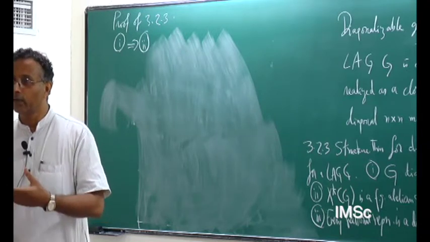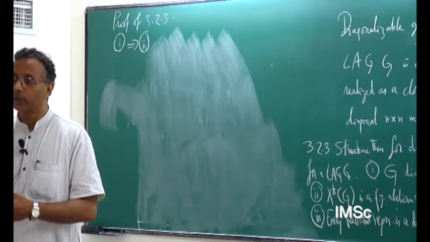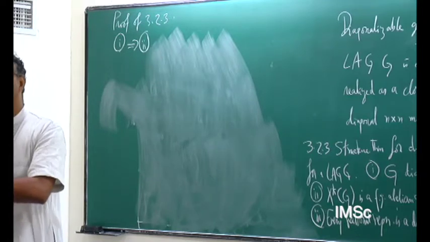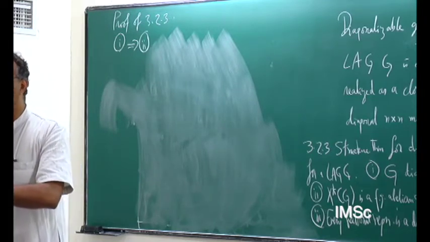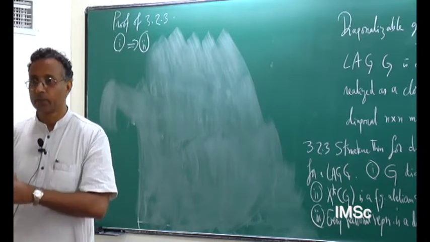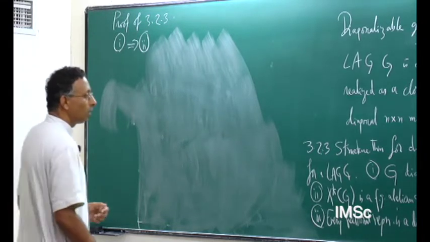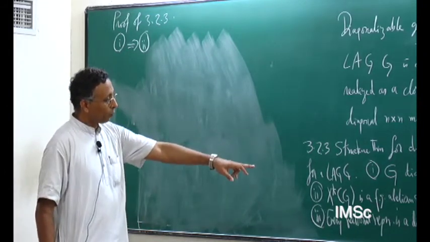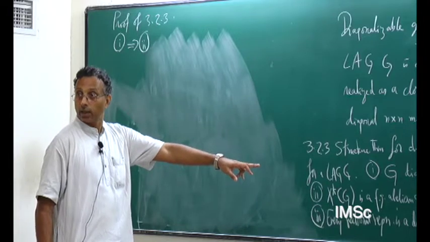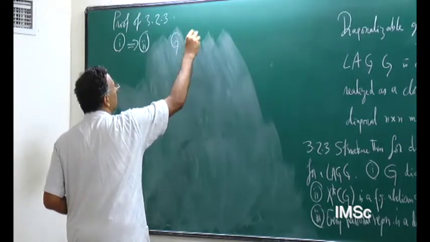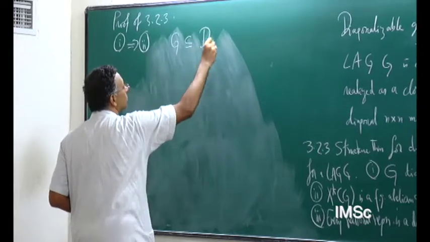Okay, at the end of the day you will have reached some point, and if you specialize to just say finite groups and complex numbers for the field, you get some statement which is usually proved as a theorem in books on group theory. Okay, so we want to prove 1 implies 2. So G is diagonalizable. So G is a subset of some Dn,